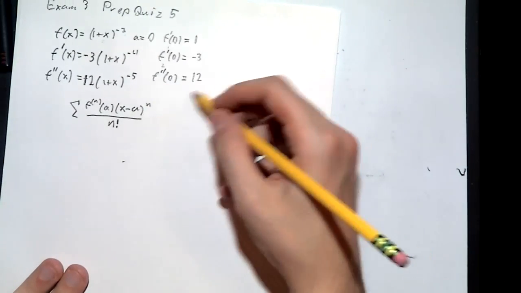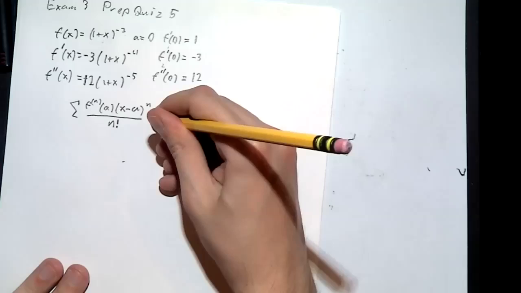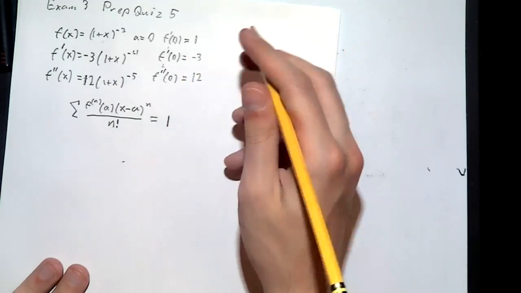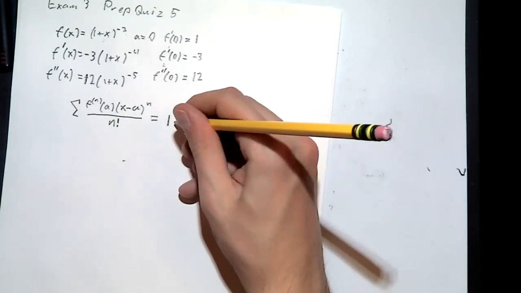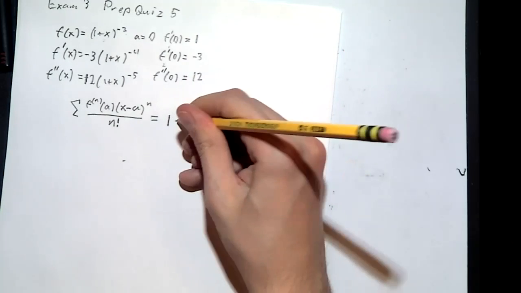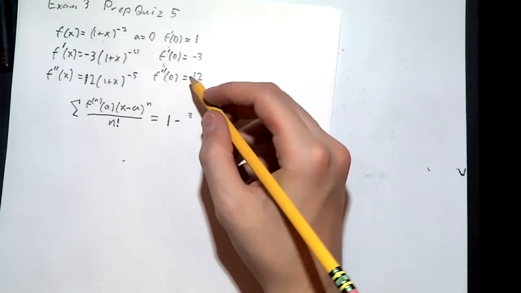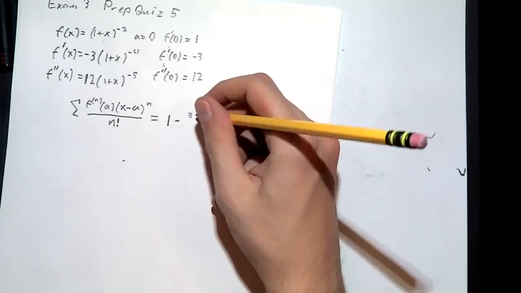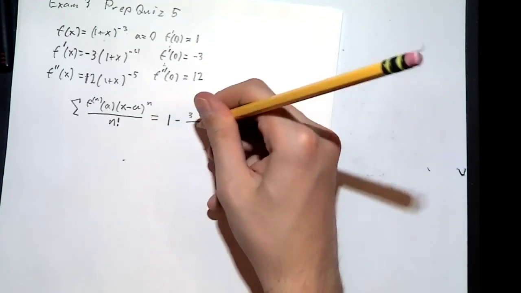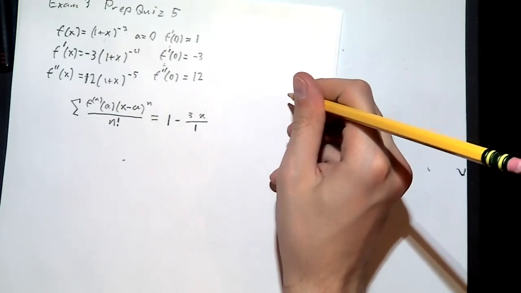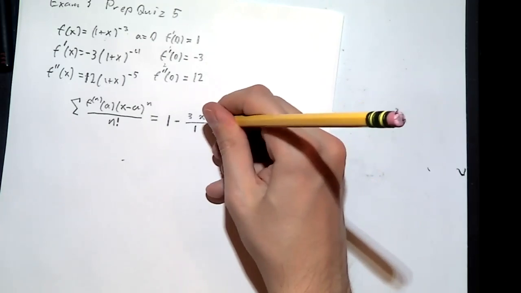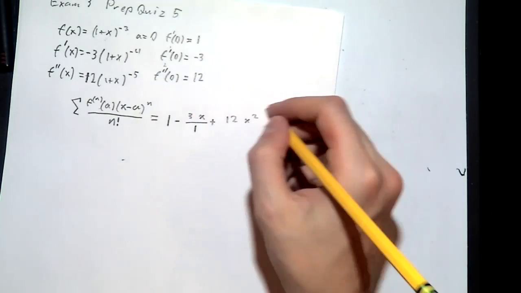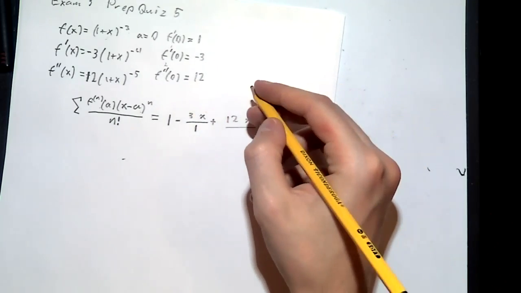So we get, all right. You start with 1 over 0 factorial, which is also 1. And then we do minus 3 times x minus 0 to the first, so it's 3x over 1 factorial, which is just 1 again. And we do plus 12x squared, again doing that and that, over 2 factorial, which will be